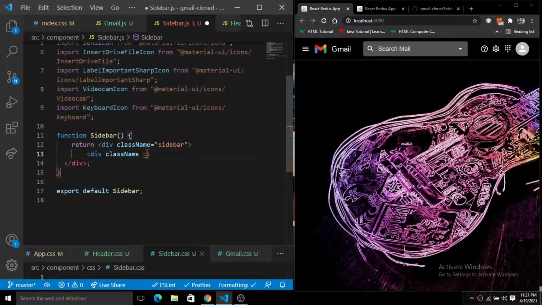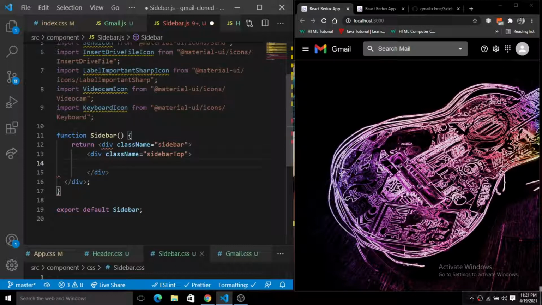Let's give the class name to the sidebar top. Let's close this div. Okay, so we have this sidebar top here. We'll simply put it as sidebar options top, so that will be easy for us. So we have this sidebar options top, and inside of this I will simply create another div with sidebar options. Basically we have a list of sidebar options there with the names of the icons, if you can see here. So we have a lot of sidebar options here, so simply sidebar options, and inside of this we have this div.